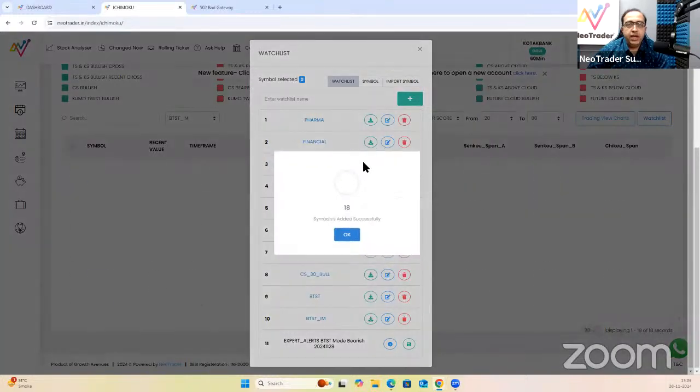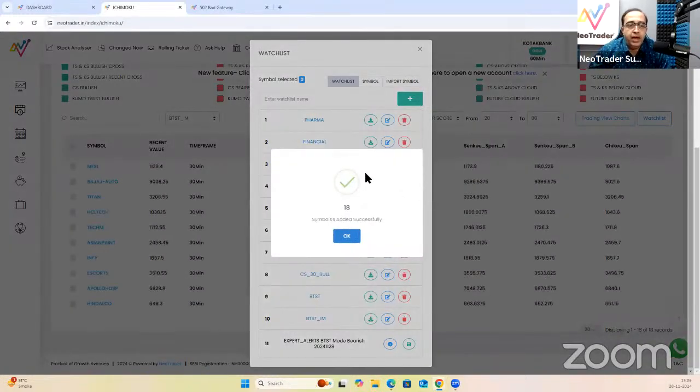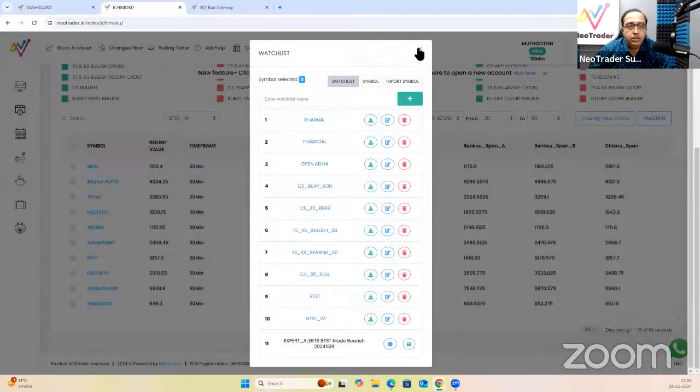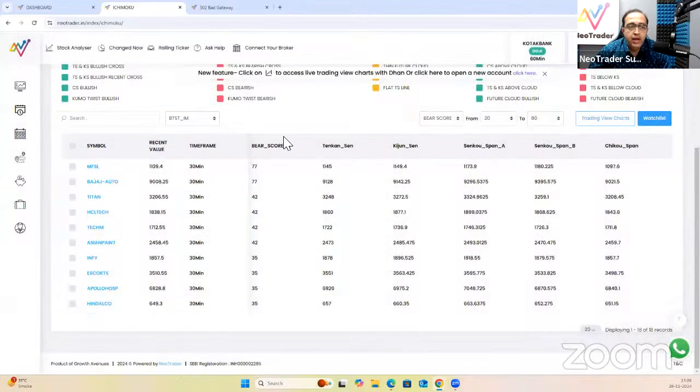So first I created the watch list where I identified all the BTST stocks from the expert alerts. और उस एक्सपर्ट अलर्ट्स पेज ने मुझे बताया कि ये सारे स्टॉक्स हैं जो आप BTST या STBT के लिए कंसिडर कर सकते हैं. Now two sets of stocks I have put into this, and now I have the stocks that are showing me certain direction. Okay. Now, what I'm going to do, I am going to see now as